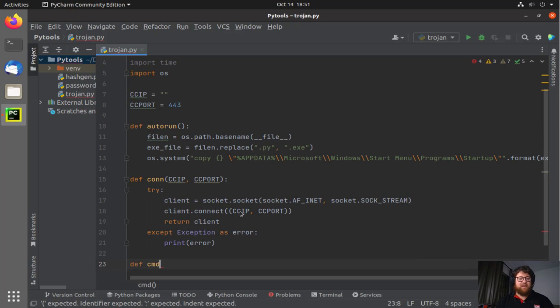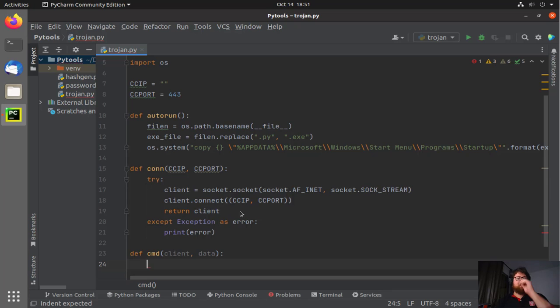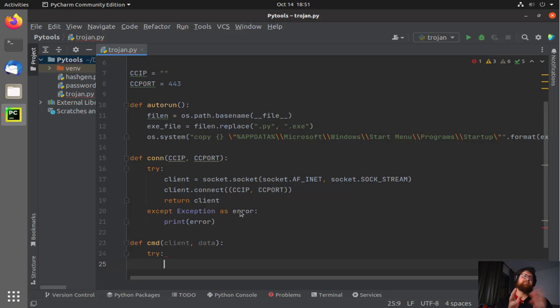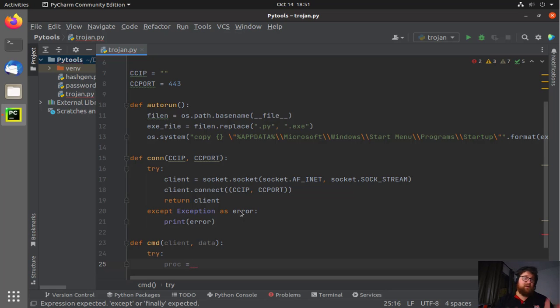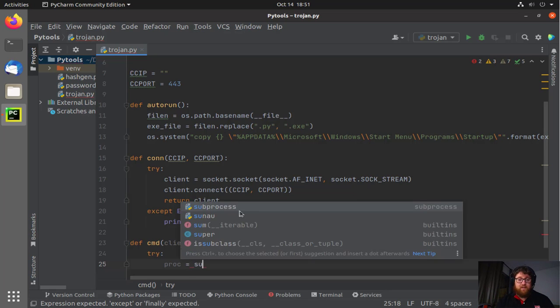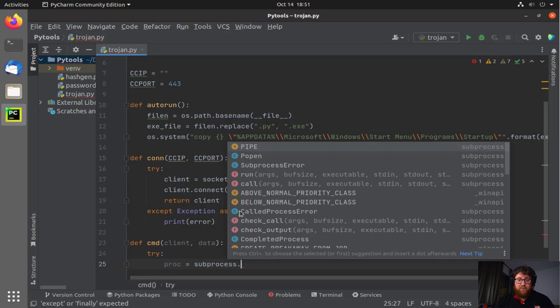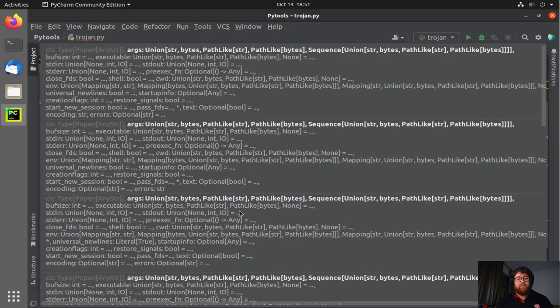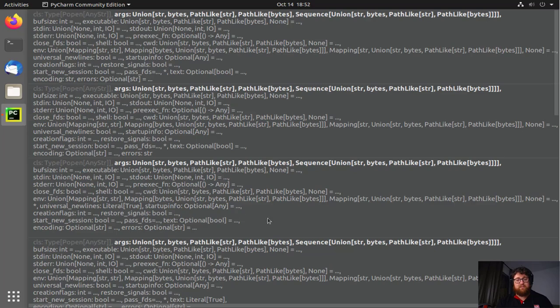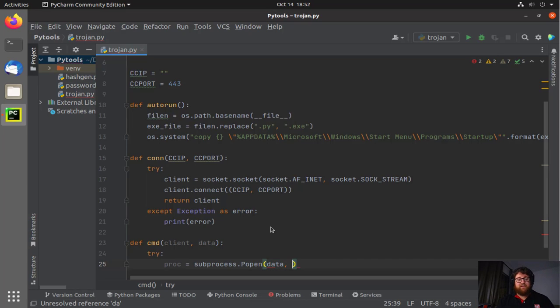def, okay, cmd, client, data. We're going to work with them. Now we are already going to start a try. So here we have to start a process. So proc is the name of the variable. You can use any variable you want. All right, so subprocess.popen. Here we are going to open the process. Then we are going to receive our data, slash shell true